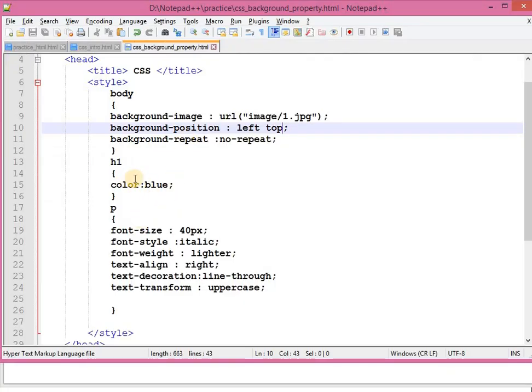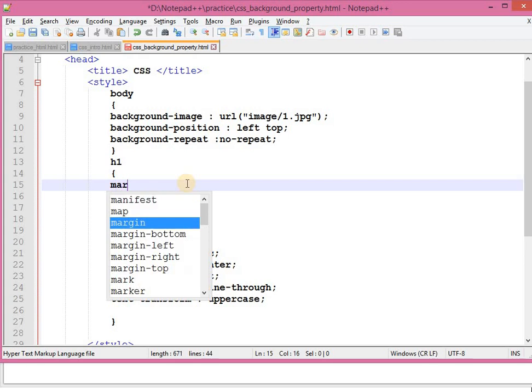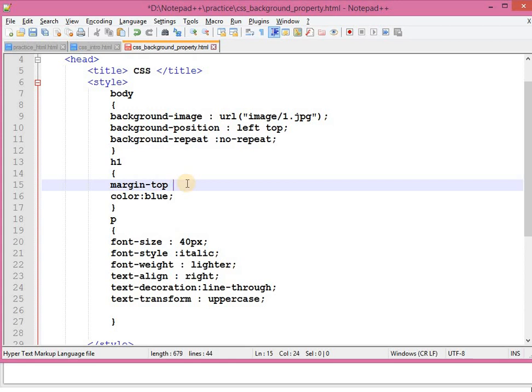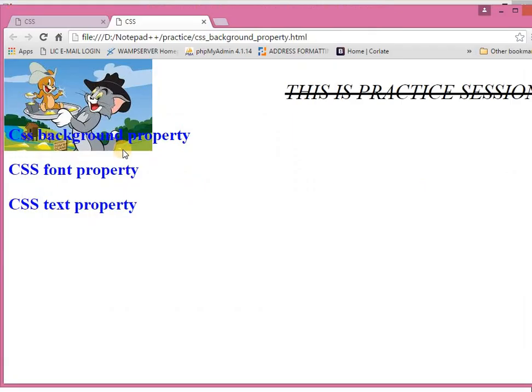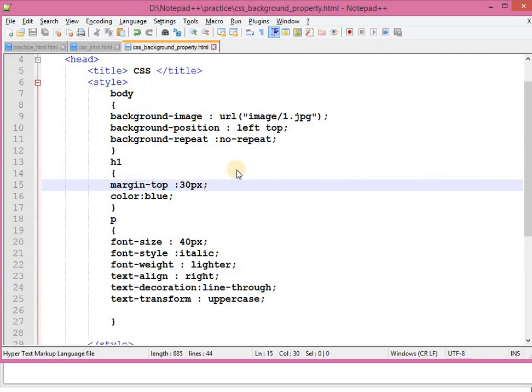And for the H1 tag, let me set margin top, margin top is 30 pixel. Save, refresh. But this is not the exact output that I want.